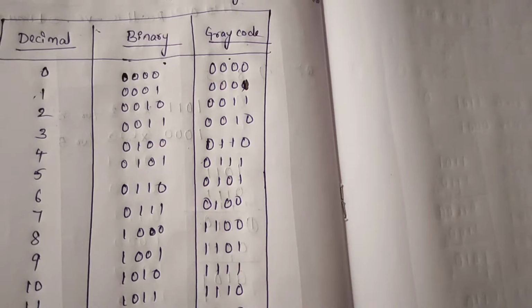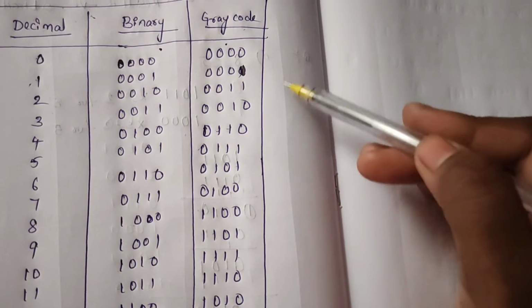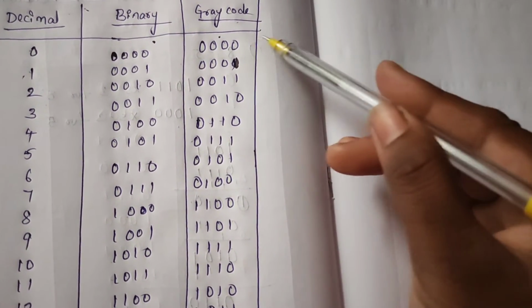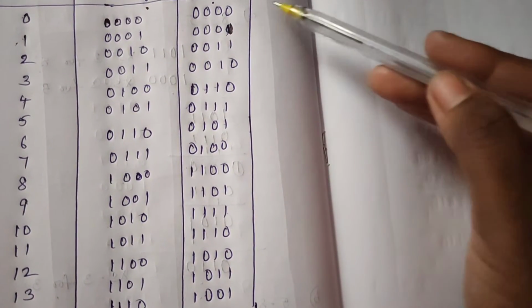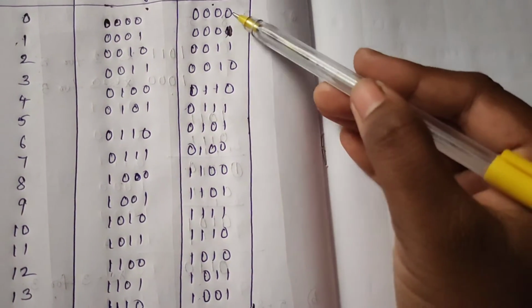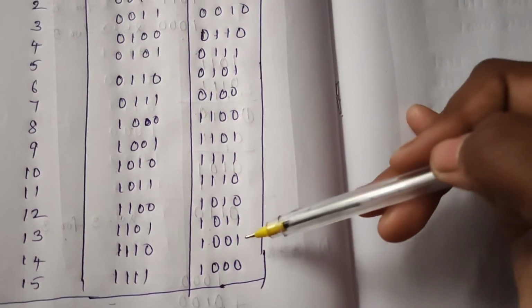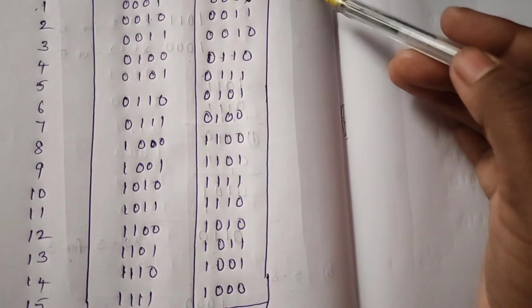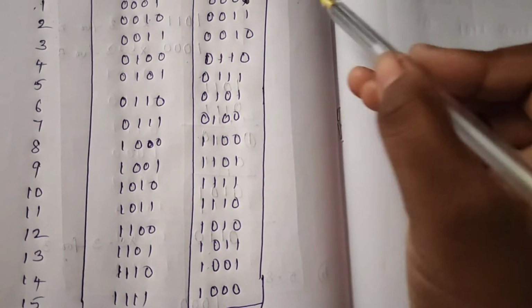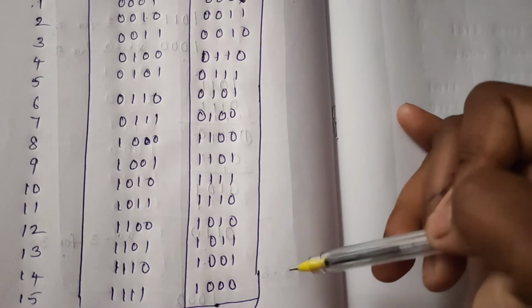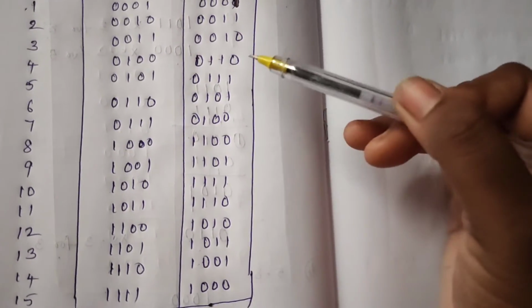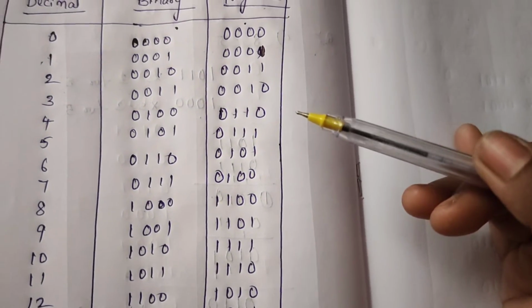So this entire gray code differs in only one bit position when you check over all these codes, and these codes are also known as reflected codes. When you see this 0 to 15, this 1 and 14 are in the same pattern. These are like reflected codes, you can say, and these gray codes are also known as cyclic codes.